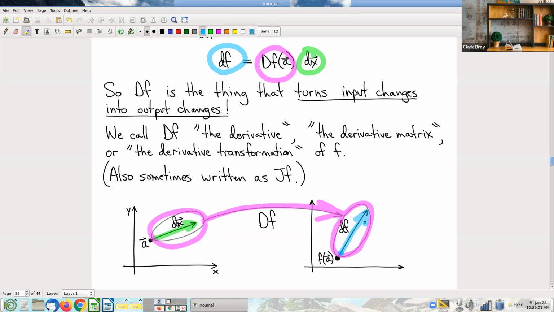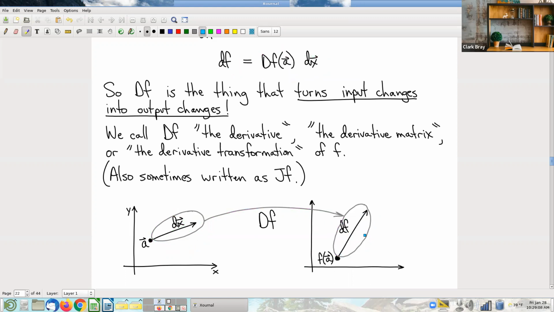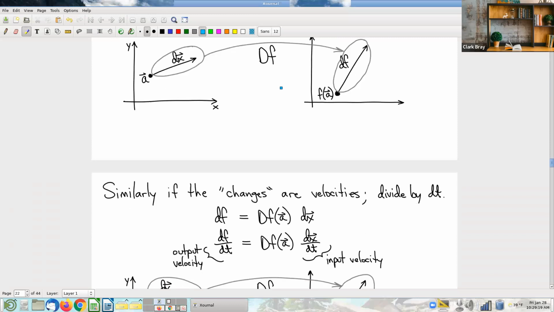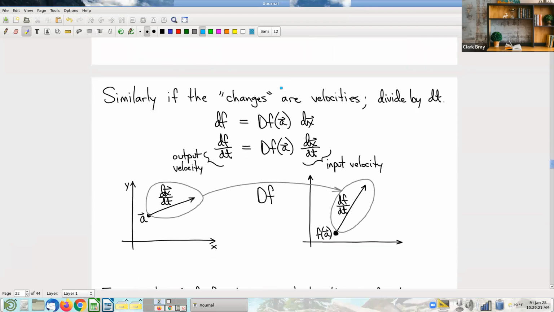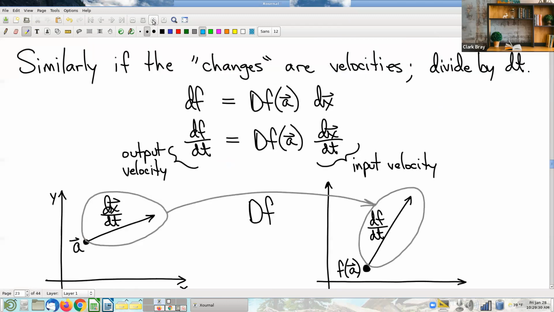Okay. Linear estimates, of course. All righty. Now, there's a different way you can think about this, and that comes from just taking this equation. This is going to seem too easy, but just divide both sides of the equation by dt. And if you do that, divide both sides of the equation by dt,